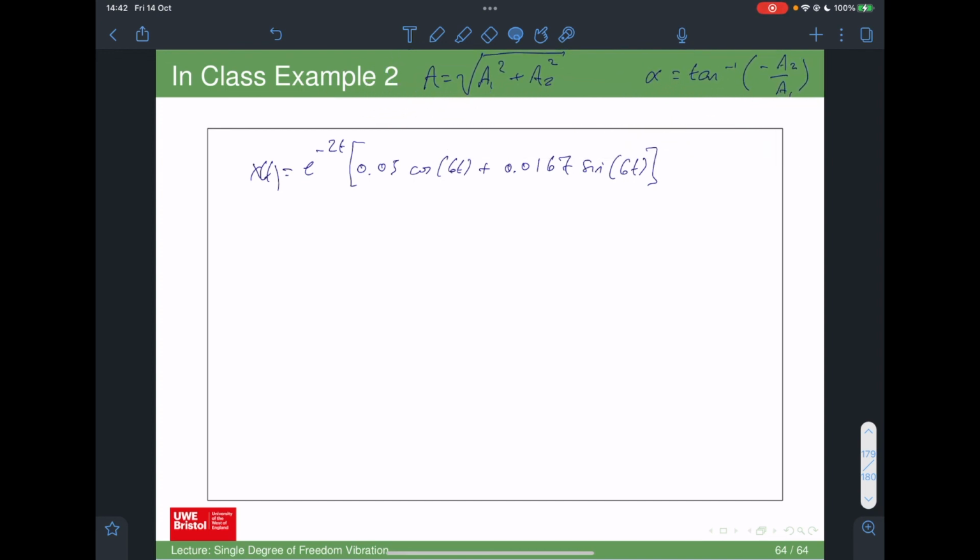So A comes out to be 0.0527. And then alpha